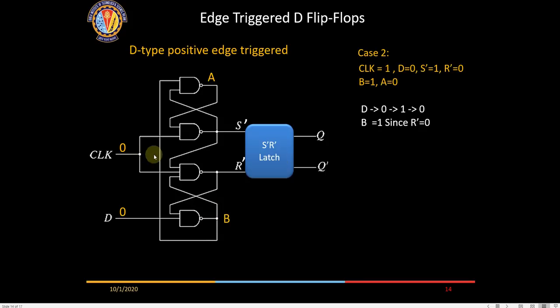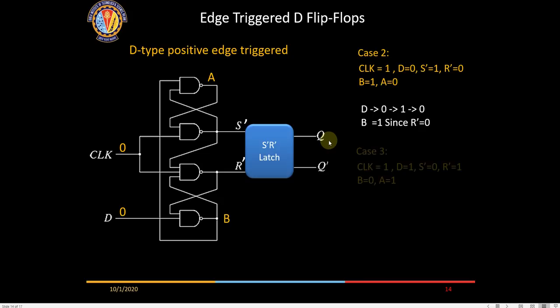So it means when the clock is high continuously, this latch will continue to hold the data whatever was there initially. The first data that was available will continue to remain in the output. Okay, so whenever the clock is high, any transition which is made by D will not get reflected here.